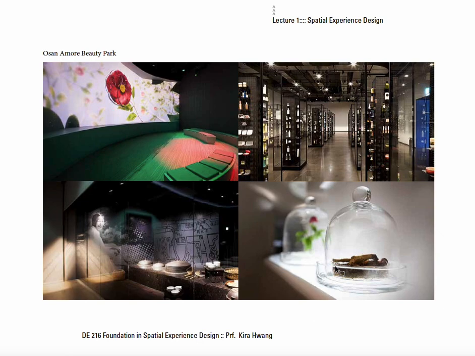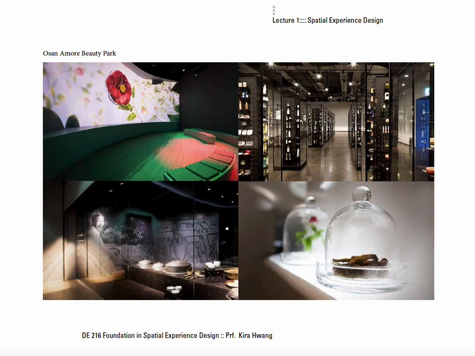Osan Amore Beauty Park, which is located in Seoul, Korea. They also have this archive and exhibition space next to their headquarters. Amore Pacific Archive was established to gather and store, manage, learn from, and display all the information and materials related to the company.